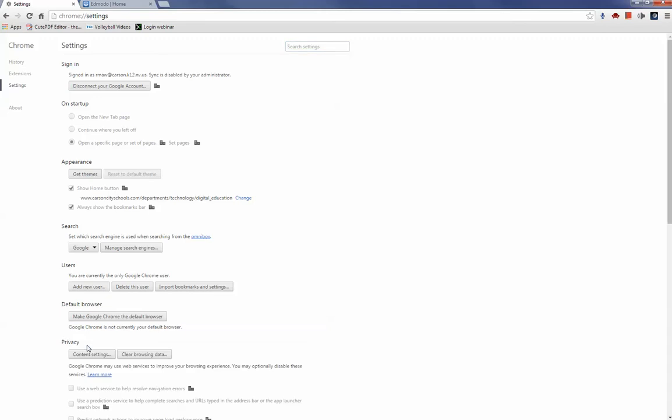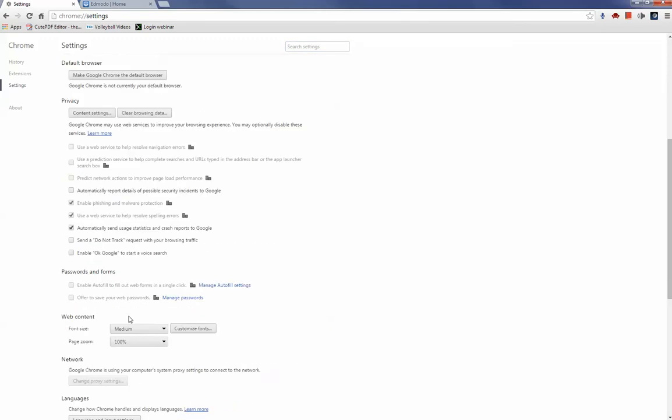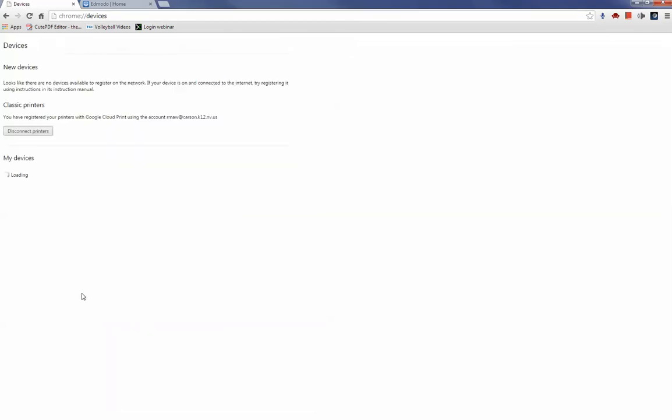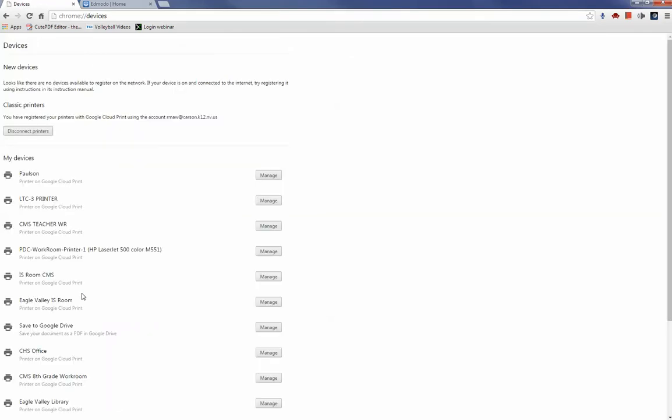So drop down to advanced settings, and you're going to scroll about two-thirds of the way down until you see Google Cloud Print, and you want to go ahead and manage that. Now my screen is going to look a little bit different than yours. Yours should say add printers right here, and so you want to go ahead and click on add printers, and then you have a box that's going to open up over on this side that has a list of all the printers that you